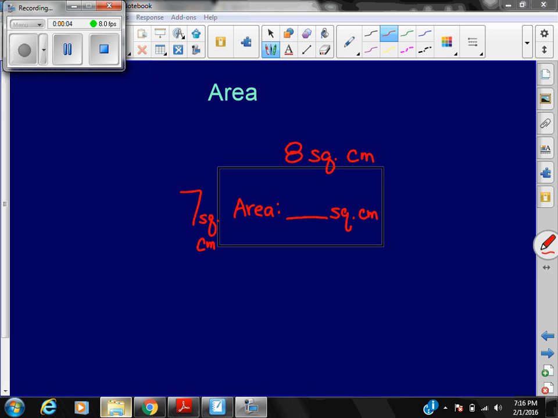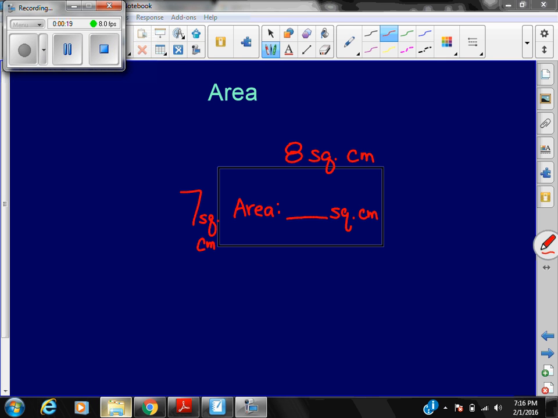Finding area using multiplication and division. So area is the total units it takes to fill up a space, the total square units it takes. And so we want to fill up the inside of a space. So when we're looking at this area model, even though it does not have a grid, it does not have an array on the inside of it in terms of square units, we still have enough information